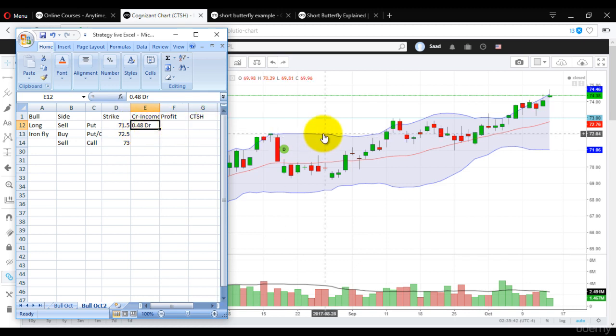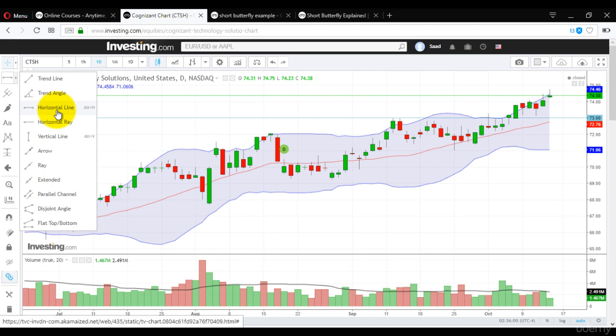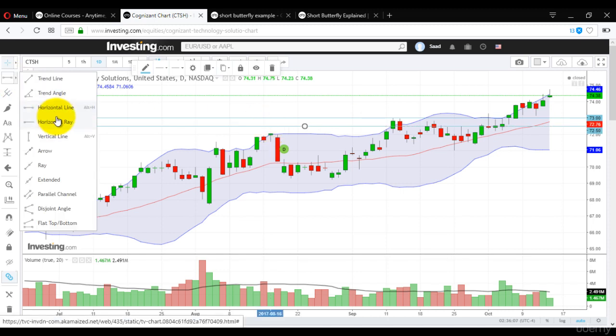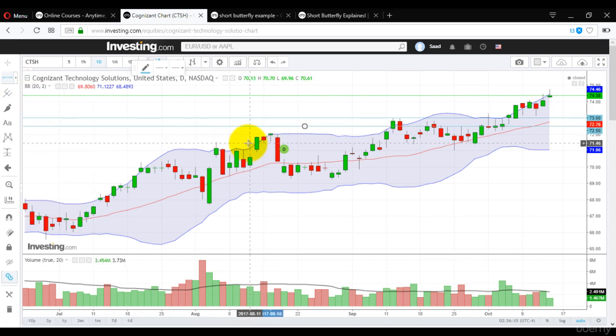So our trade would have been profitable above 73, and then we deduct 48 cents from it to know how much profit we have generated. Now this blue line represents the 73 call option. Now we have traded 2 more options, 71.50 and 72.50. Let me mark them. This is 72.50 and this is 71.50. Now we could have chosen it higher, but we chose it lower than the Bollinger Band